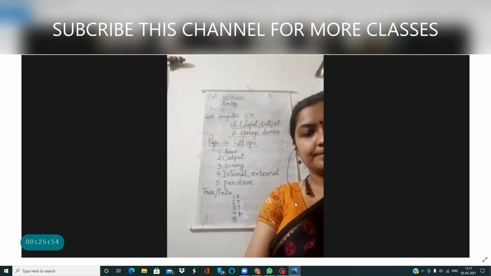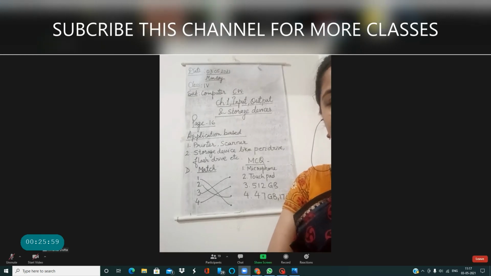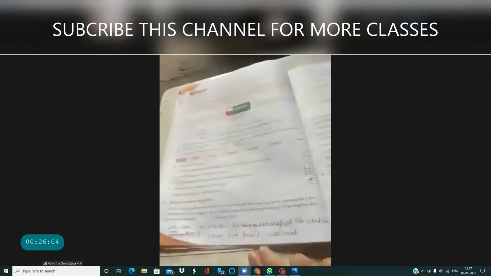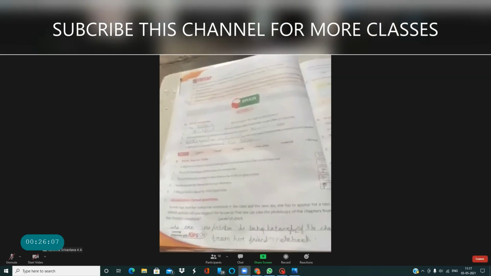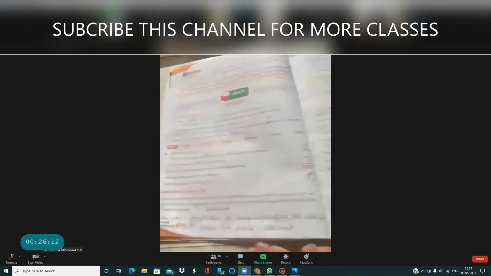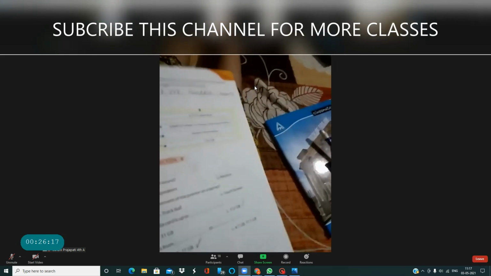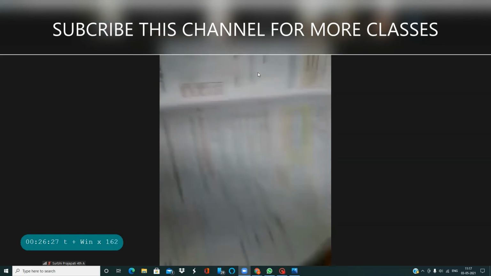Now all of you show me your book, those who have done. Adrika, Adarsh, Survi, Vansha, Aman, Rudra, Samriti, Soumya. Ma'am, please see my work. Page number 18, there is an activity section. Ma'am, what is RAM? RAM is random access memory. RAM, ROM, that is internal memory and external memory.